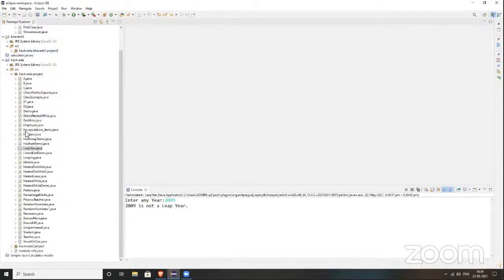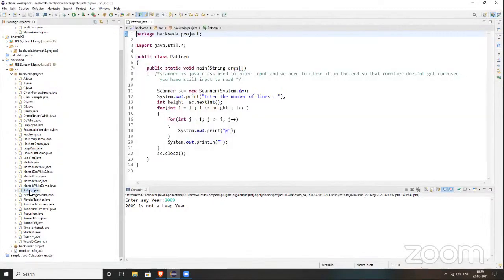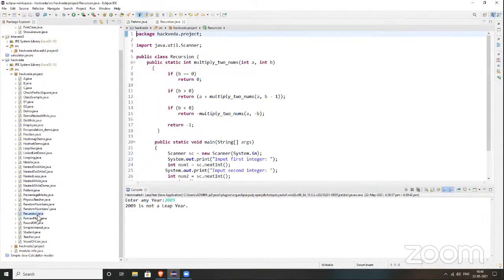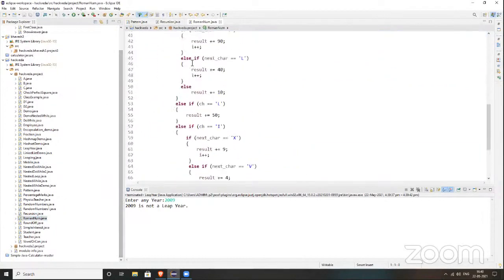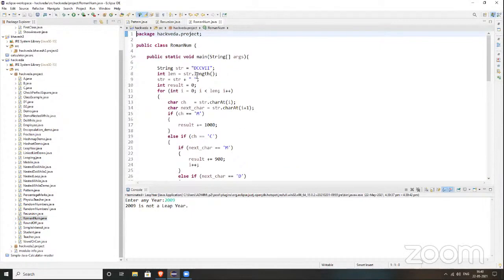Do you have any other simple program where no method is there? I think it is pattern.java, but it also uses a scanner. See where you are not using any scanner, a simple program. Here, Roman numerals. Are you calling any object?